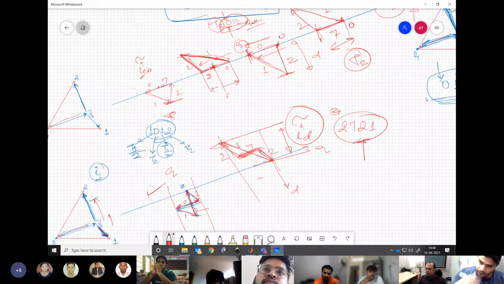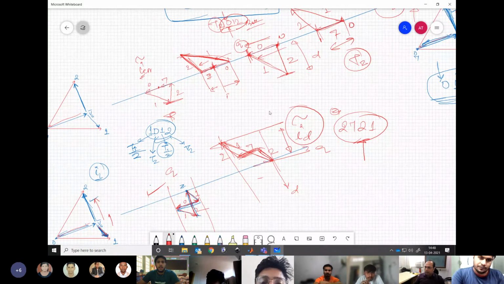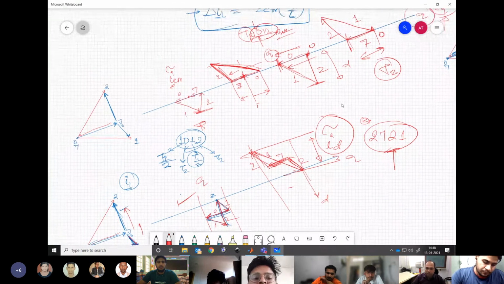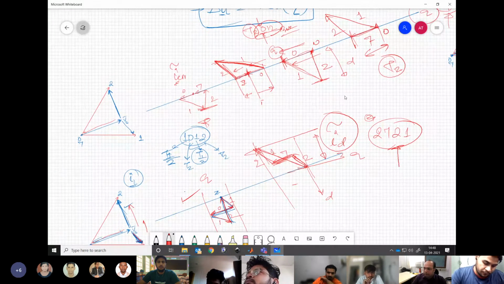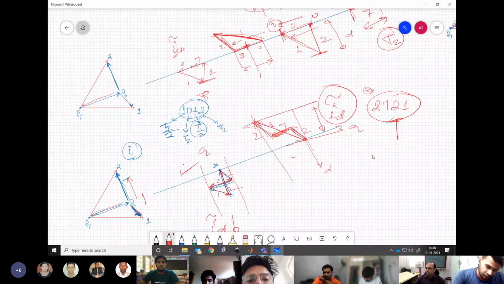Understanding my point? See, these are a little bit advanced things. It's okay if you don't understand fully, that is fine. But the idea is to give you a glimpse of how space vector is a powerful technique and how different these switching sequences change our current ripple. Understanding my point or not?